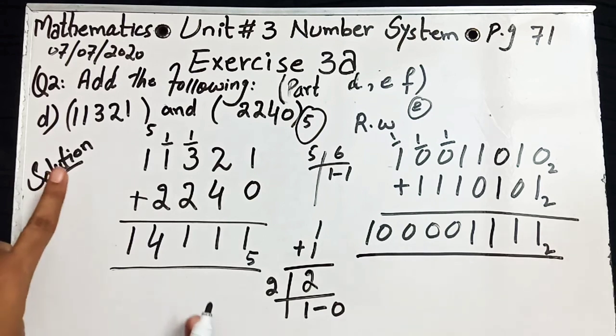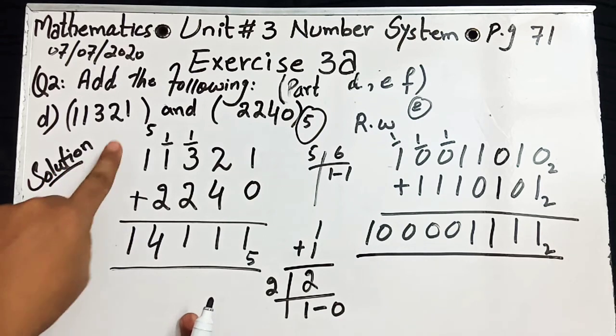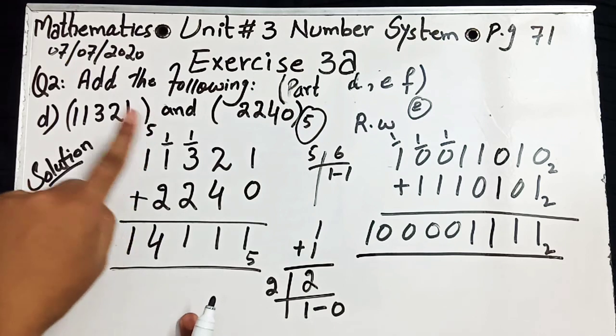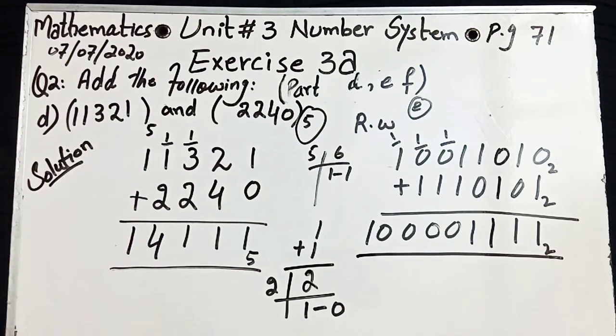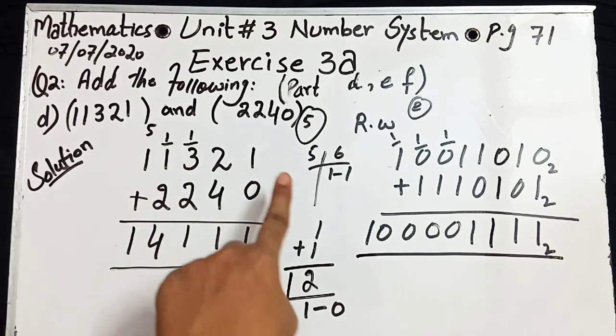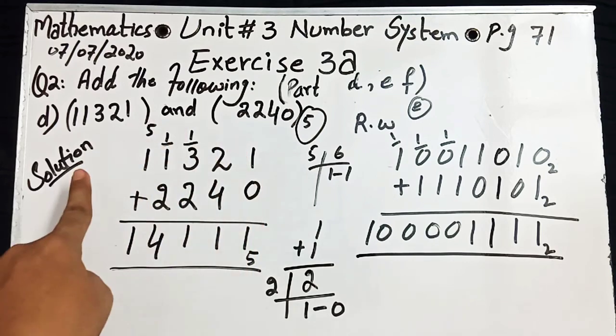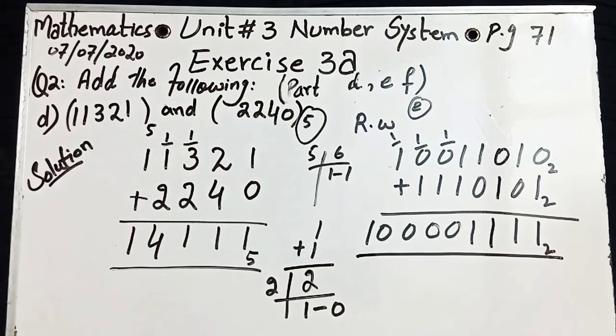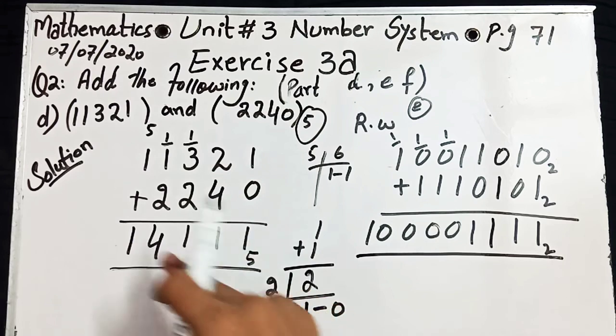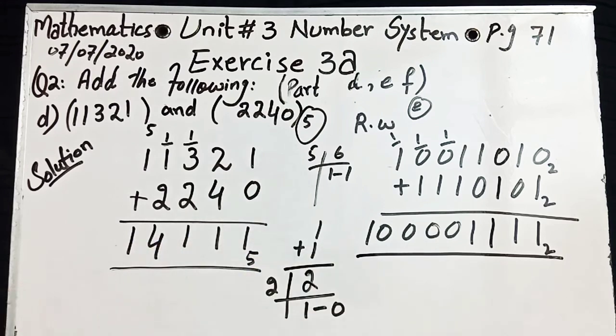We apply the same method in the base 5 system. Just check the question of the base 5 system. In the question we use 0, 1, 2, 3, 4. Not 5, not greater than 5. We use just 5 digits, 0 till 4. Even after add or subtract, that number again is less than 5. If after add or subtract we get 5 or greater than 5, we convert into the base 5 system.